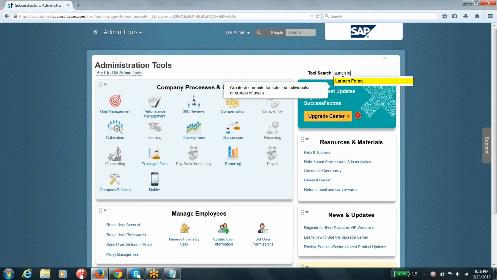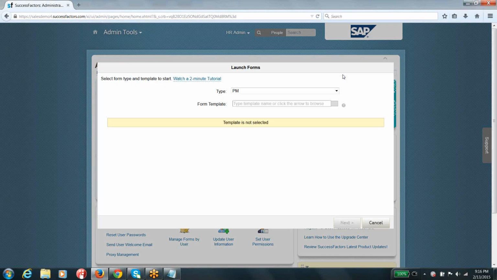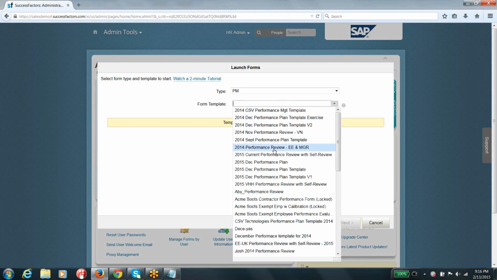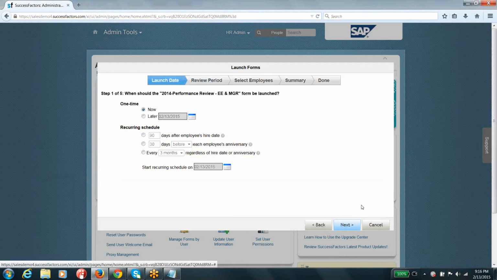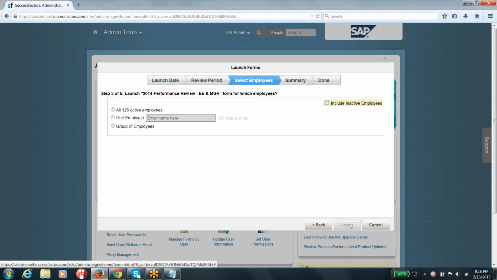So, launch forms. Yeah, this is the one, guys, if you're interested in this. You want to know the navigation?